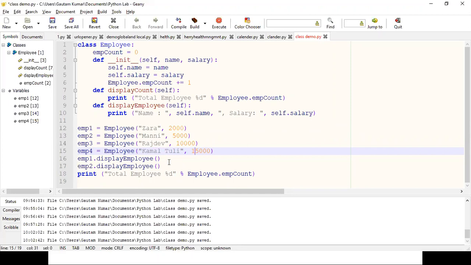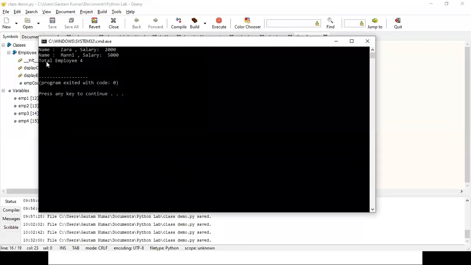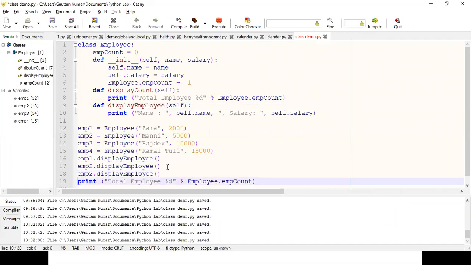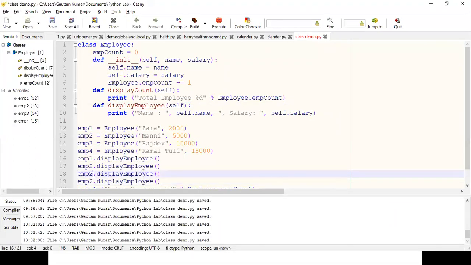For example, now what we are doing, I'm just going to display information about employee 1 and employee 2. It will give you the information of the first employee and second employee, and it is giving you the total employees are 4, and you can access the attributes of other objects by using the same statement, the object name dot display_employee, and I am going to change this to employee 3, employee 4.